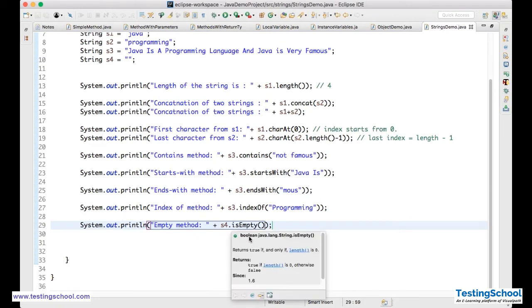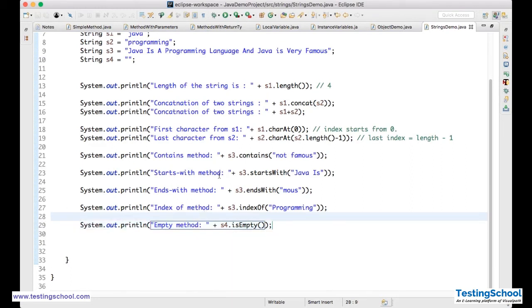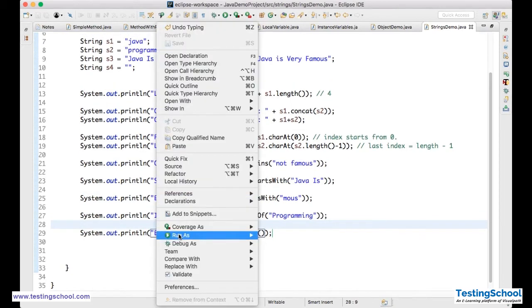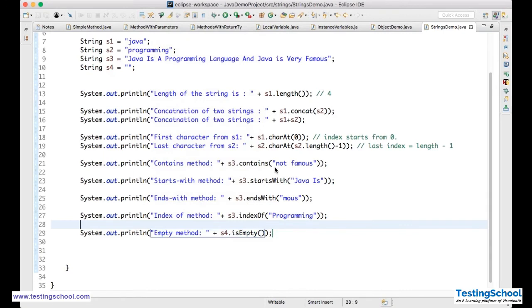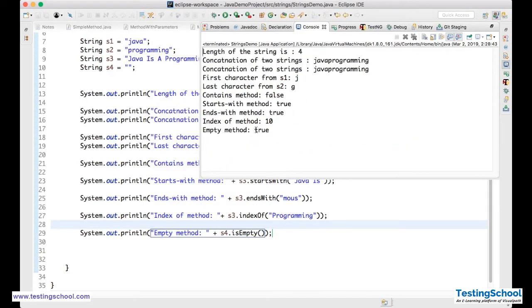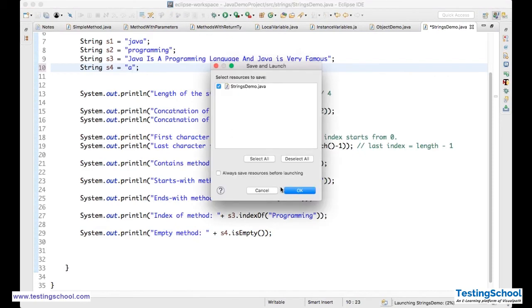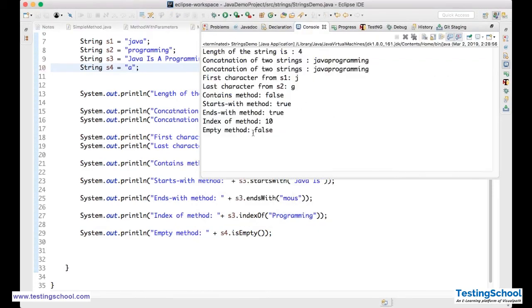It is giving me a boolean. Okay, so when I run this, see, true. So it is not having anything. There is no character, right? A single character is not there. If I say a and if I run this now, you see it is false. It is not empty. It is having something.